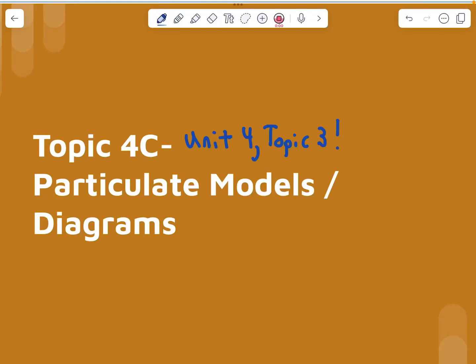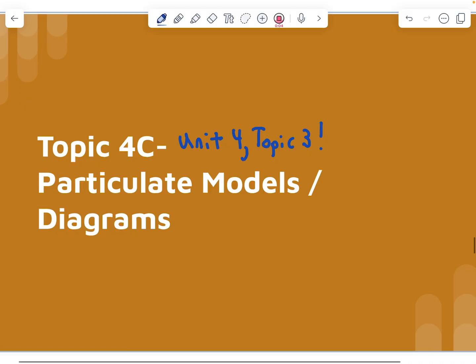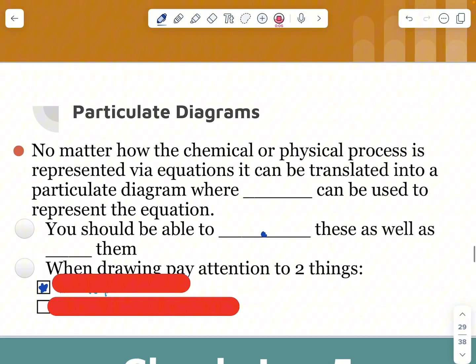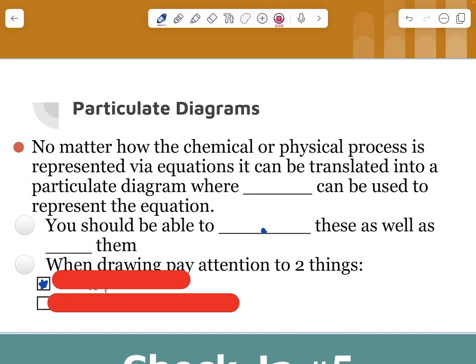Okay, let's talk about Unit 4, Topic 3, which is particulate models and diagrams. Let's get right into it. So, a particulate diagram essentially is just a picture or a drawing that we use to represent a chemical equation or a chemical reaction. So, no matter if it's a chemical or physical process, we can translate it into a particulate